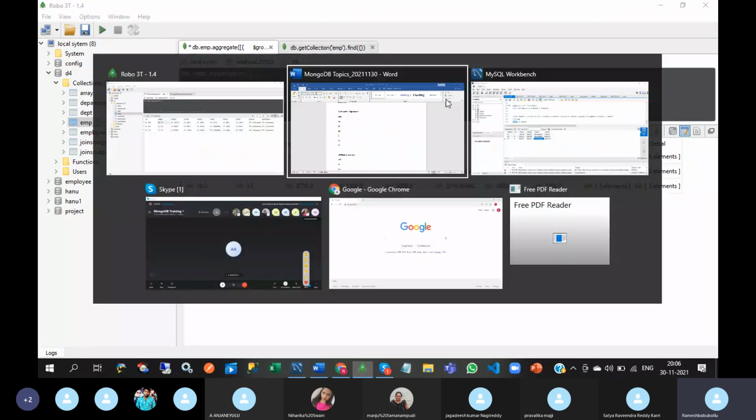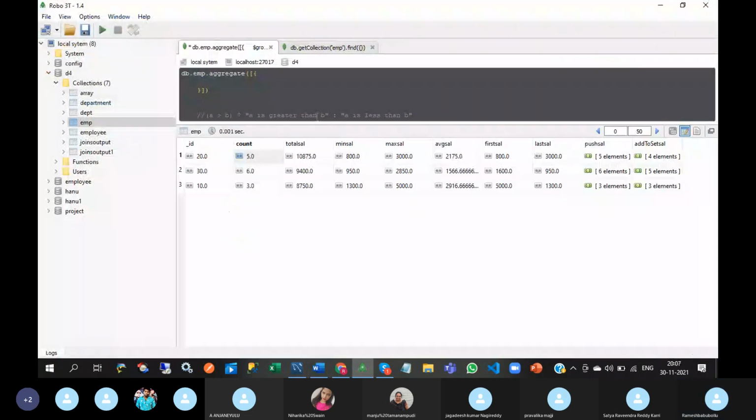I think yesterday I discussed comparison. I will discuss it taking a different column, project. Yesterday we saw string comparison. Now we will see number comparison.